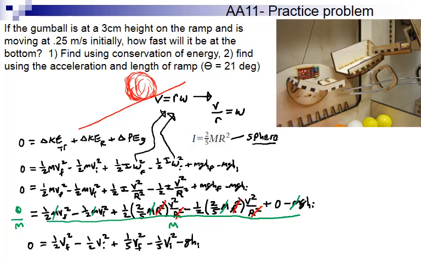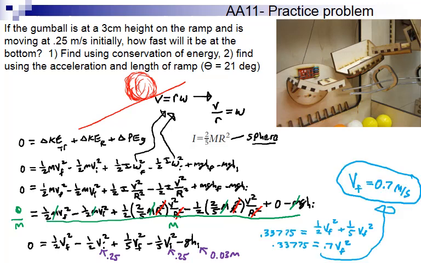And if we continue to simplify, and we have these values, we know that the initial height is 0.03 meters. And we can figure out what the velocity is at the bottom. So we'll continue to simplify there. We'll end up getting 0.7 meters per second is how fast it'll be going at the bottom using conservation of